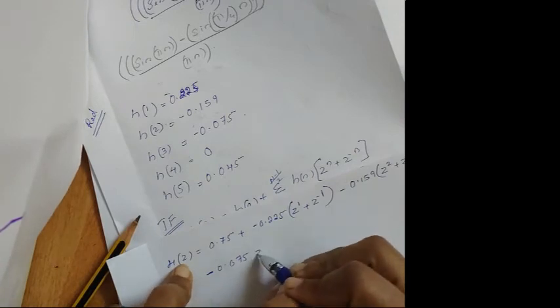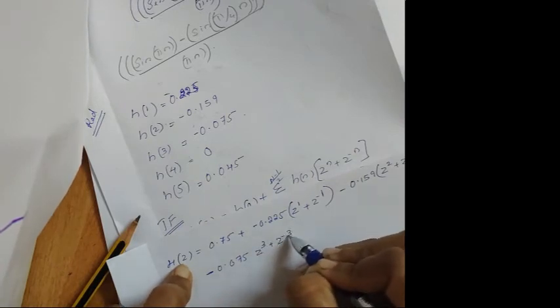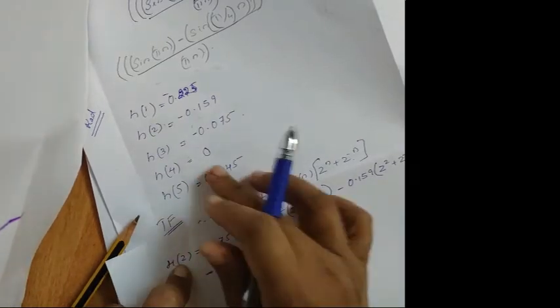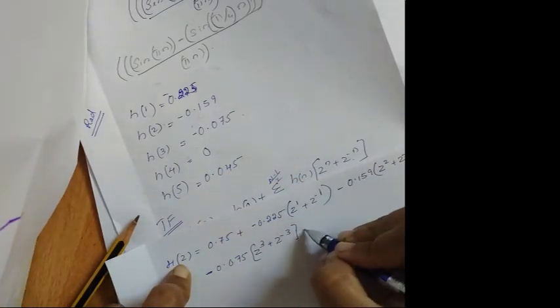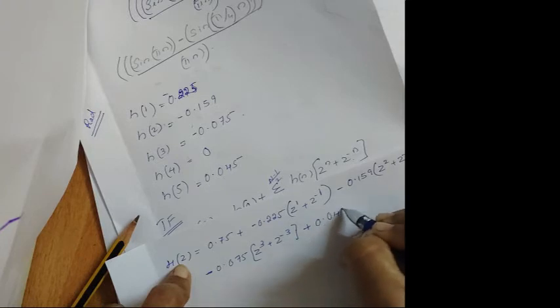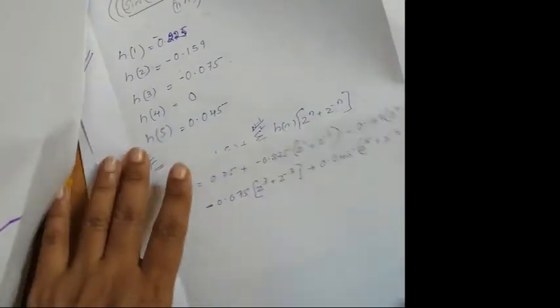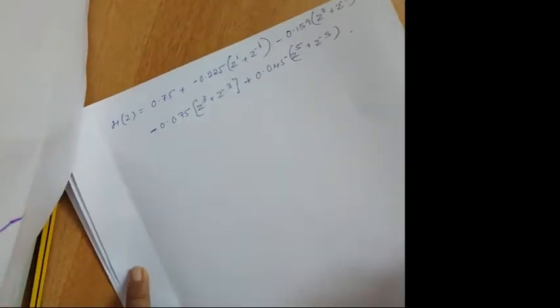Okay, that is z raised to 3 plus z raised to minus 3. Substituting in the equation, you don't have the 4, so you're directly going to plus 0.045 z raised to 5 plus z raised to minus 5. Now what you have to do is just remove the brackets and expand that. That is equal to